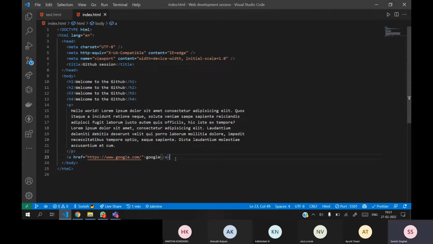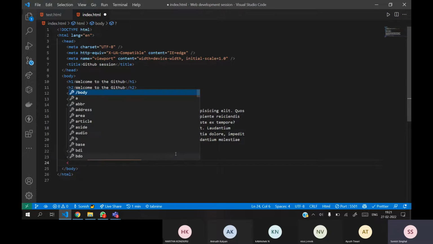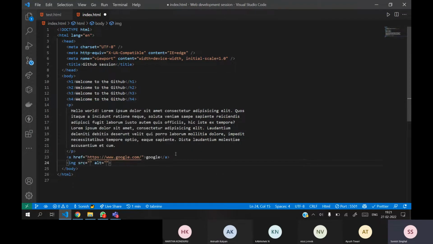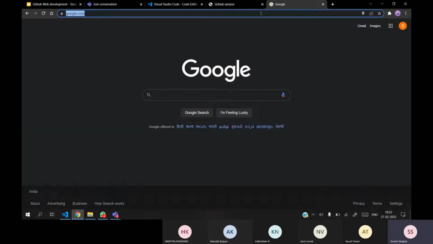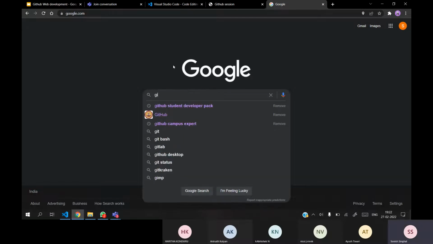There is also one more type, the image tag, and here we can add images. We can search for some good images on the internet, like a GitHub image.